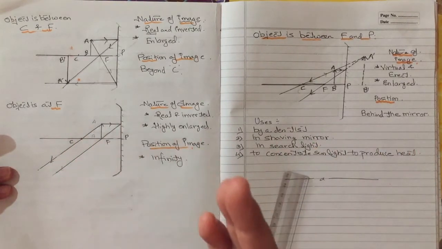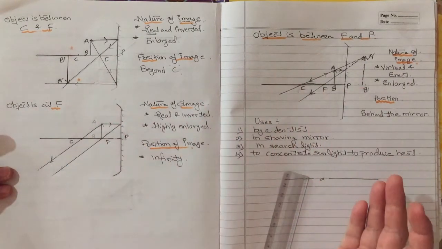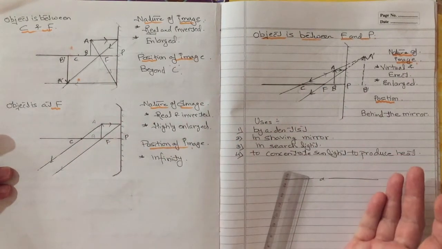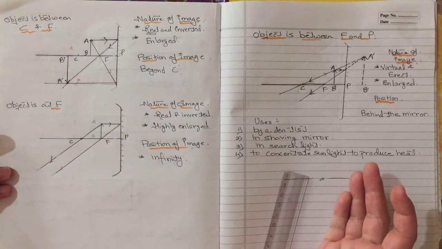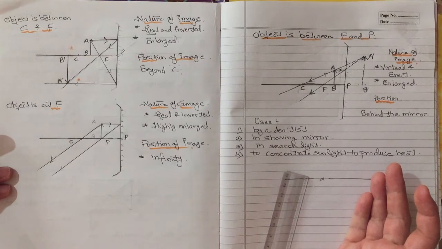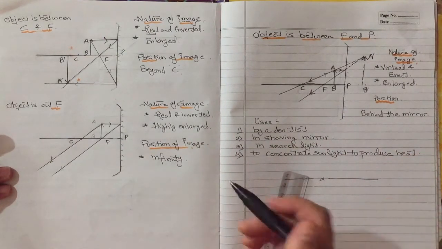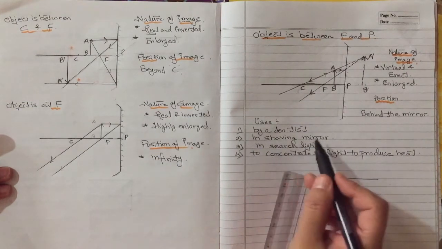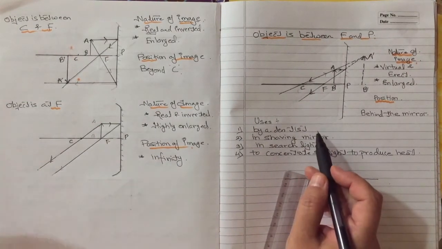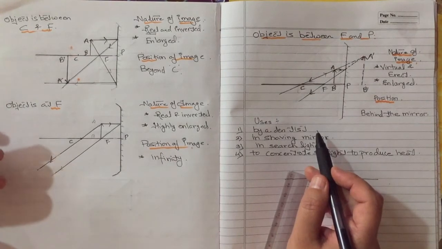That is why I have used the scale over here and drawn all the diagrams to show you how to draw them, so you can practice drawing the diagrams with this video. Let's see now what are the uses of concave mirror. It is used by dentists. Whenever an object is to be seen enlarged, in that case